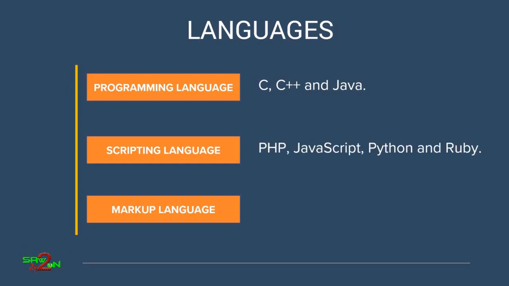Let's look at scripting language. So PHP, JavaScript, Python and Ruby are scripting languages. They are built on top of the programming languages. Okay, they are not the underlying languages. They use C, C++ or Java or other programming languages, and they are built on top of it to solve a specific challenge. Well, PHP is a scripting language that runs on the server. If you want to run a program on the server side, you write PHP. If you want to run a program on the client side, you do JavaScript.